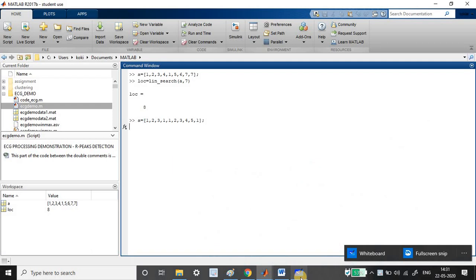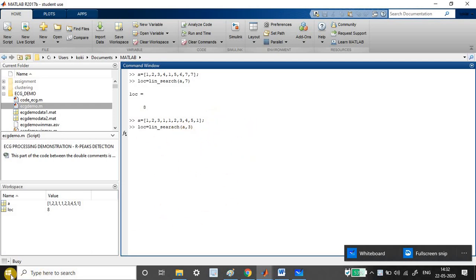It is taking some time, so let us wait for that. Okay, now it is ready. Now I'm just going to pass this to my function. lin_search is my function name, and the two input variables are a comma, and what is the value we were working on? It is 3, right? So it has to return 3. Correct? That is what we have worked out.